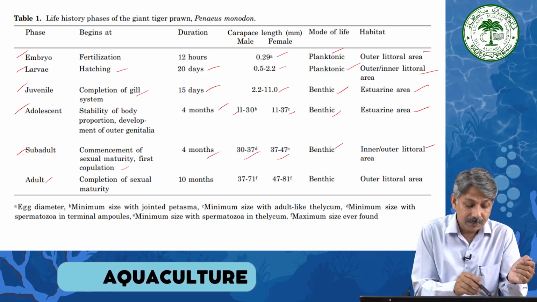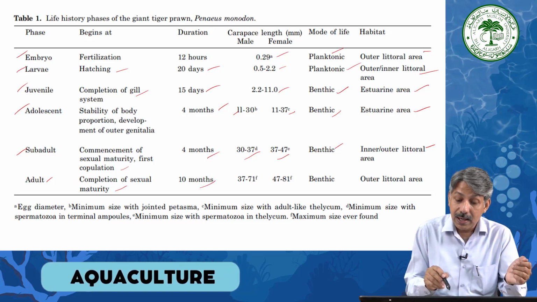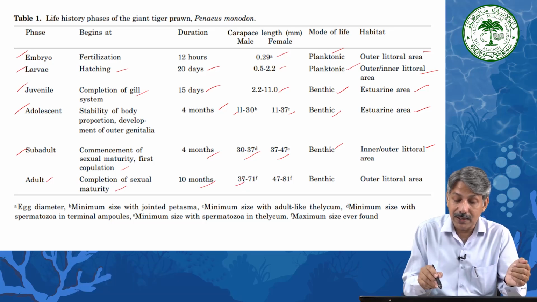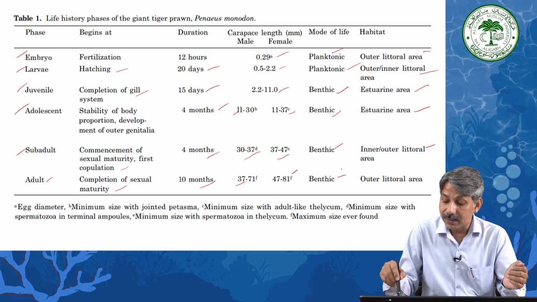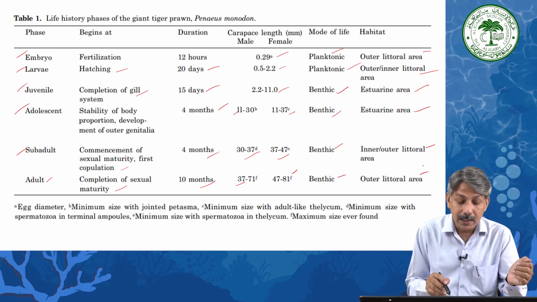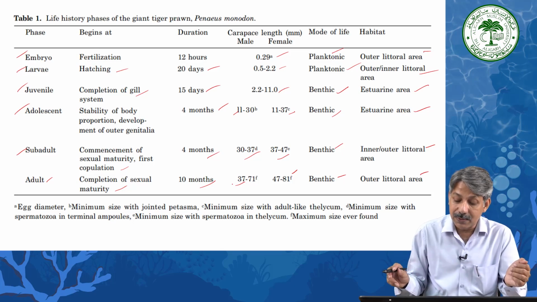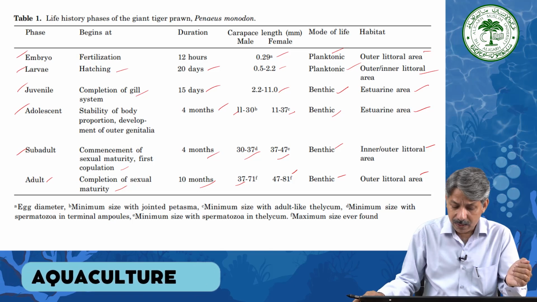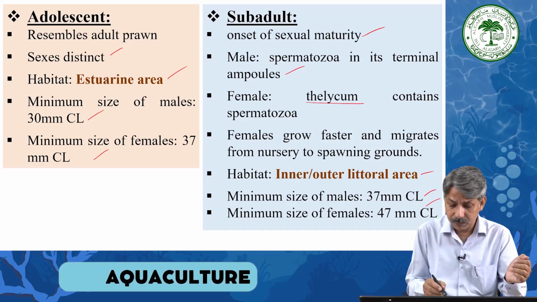Adult stages, completion of sexual maturity has occurred in adult stages, 10 months is the duration. Here in case of male, the carapace length is 37 to 71 mm, whereas in case of female 47 to 81 mm is the carapace length. They are benthic, outer littoral area. I think in the previous slide the CL of adult male and female was not clearly given. We can recheck. Adult 37 to 71 in case of